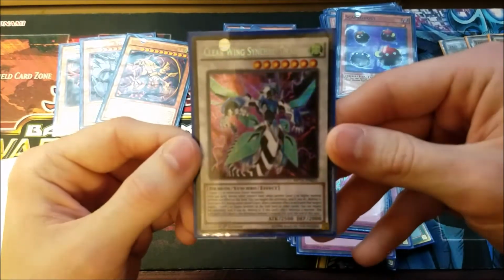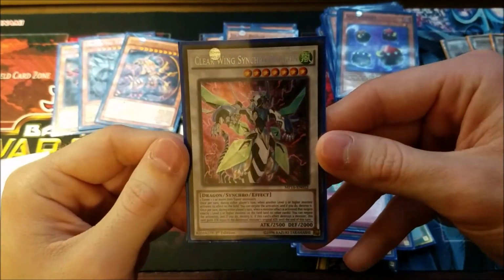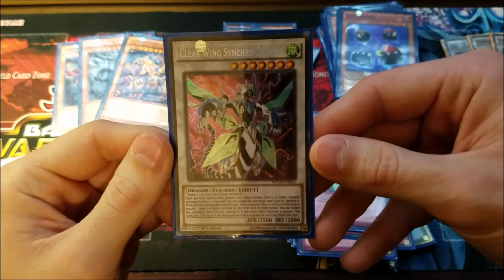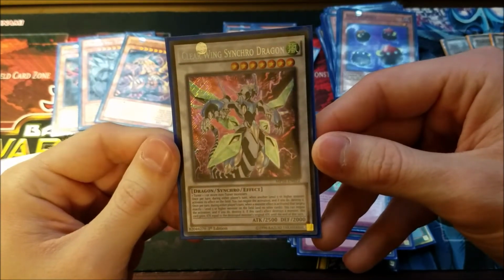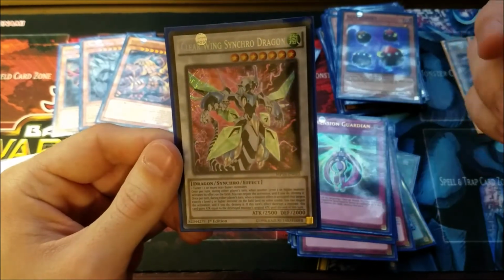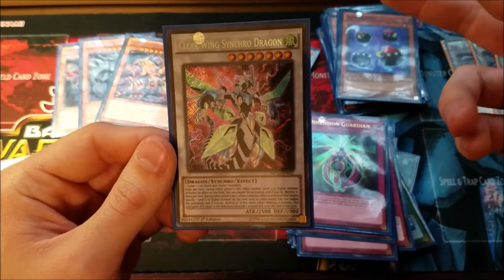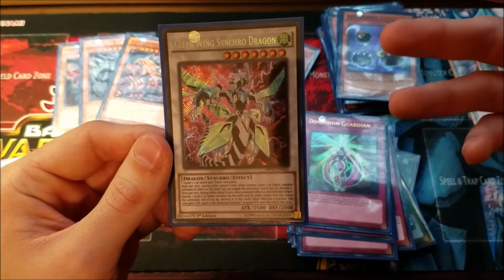And Clear Wing Synchro Dragon. Really good card. Once per turn during either player's turn, when another level 5 or higher monster activates its effect on the field, you can negate the activation, and if you do, destroy it. Its other effect, once per turn during either player's turn, when a monster effect is activated that targets exactly 1